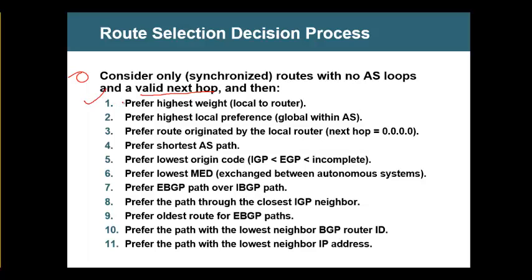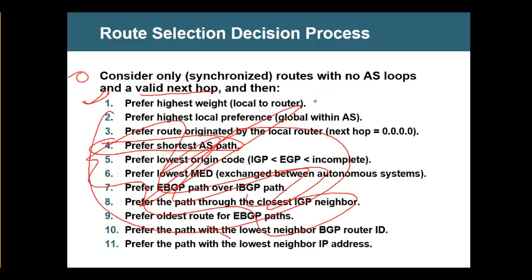You remember yesterday when we did the lab, I said set weight for one neighbor. Even though that neighbor was showing a long route, the packet was going via that route. Route was showing via that route. Why? Before AS path is checked, what is checked? Weight will be checked. If there is a tie break in weight, it won't consider the other attributes. It won't worry about those attributes because there is a weight, a tie breaker.